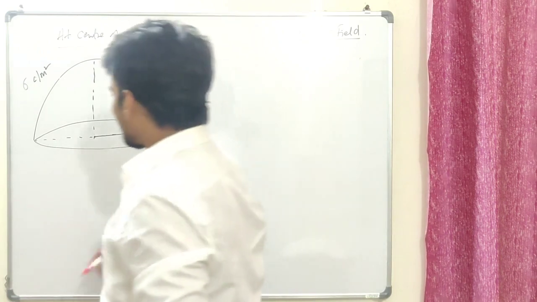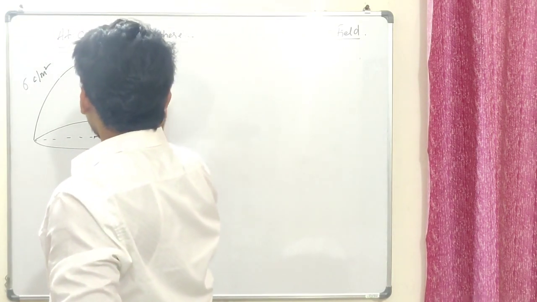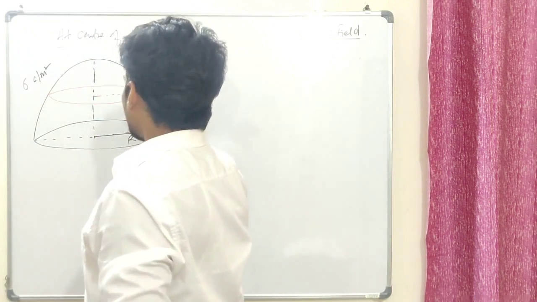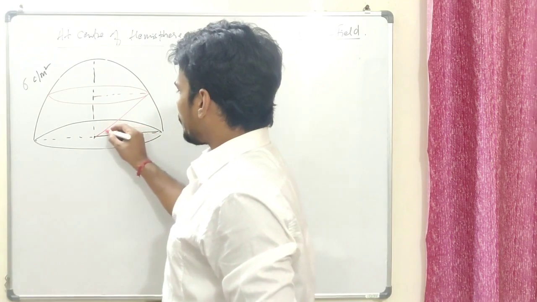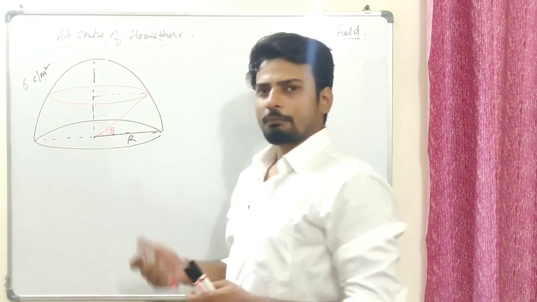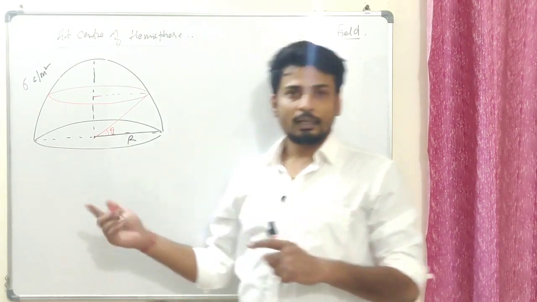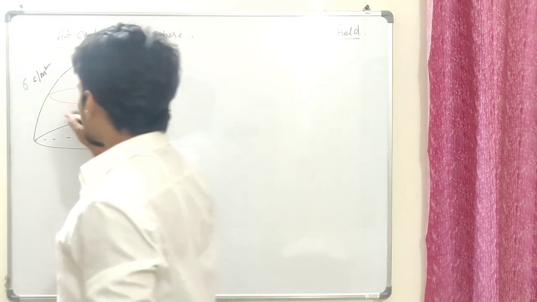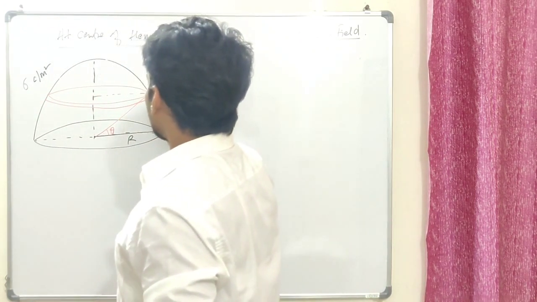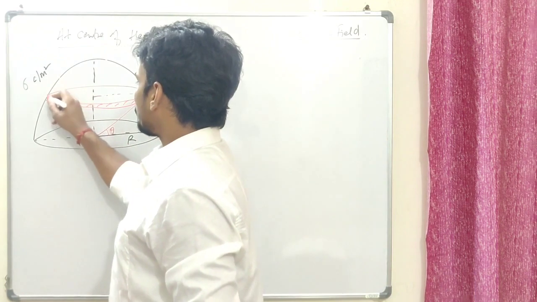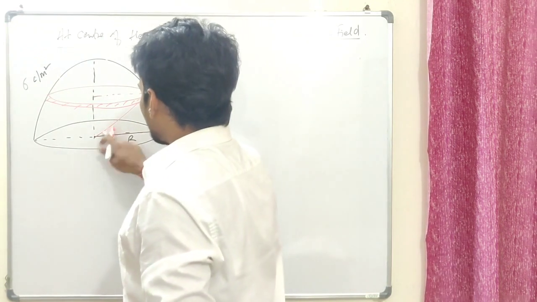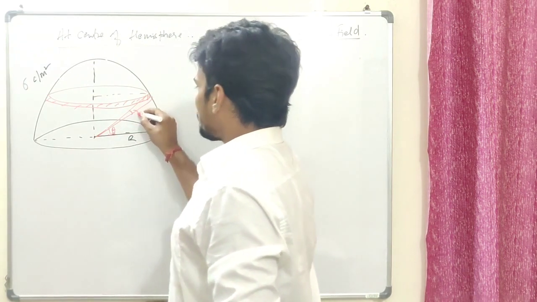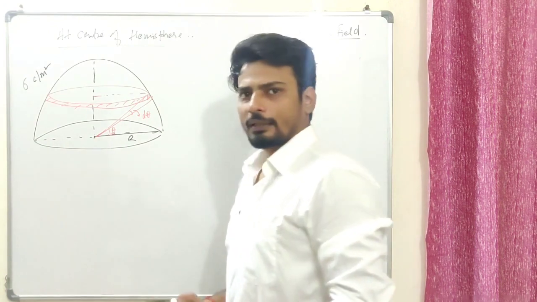So let me choose an elementary particle. Let's say that should be a ring, definitely. I hope you guys agree with this. So let's say we have a ring at, let's say, angle theta from this axis. I'm going to choose the width of the ring, or else if I have a widthless ring, even if I have an infinite number of rings, I'm not going to be able to find the hemisphere. So this is a ring of a certain amount of width. Let me do a little bit of modification. Let's say this is theta, so this angle should be d theta. I hope you guys agree with that, right?